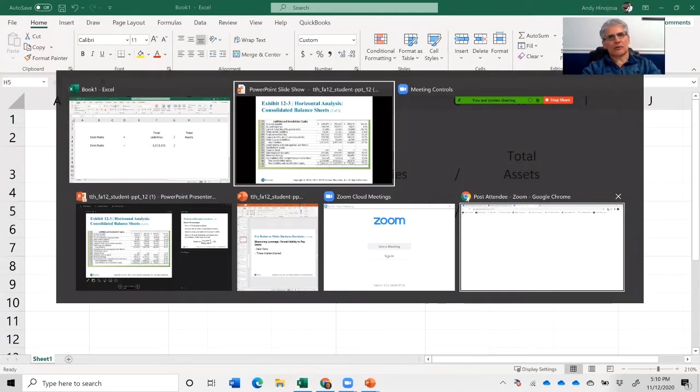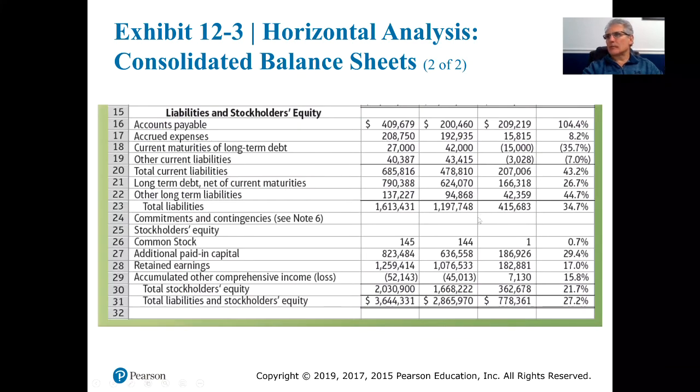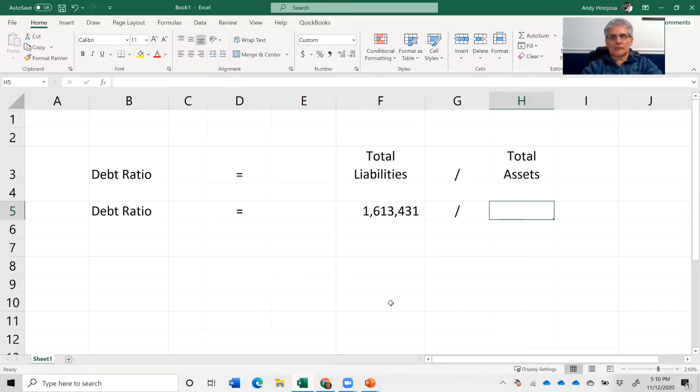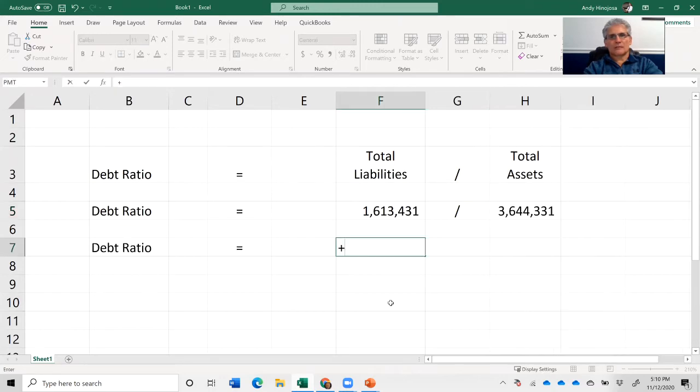We'll go back to our balance sheet, slide 11. Total assets is listed on row 14. So it's 3,644,331. So this is a pretty easy computation. We'll take total liabilities and we'll divide that by total assets. And it's usually represented in terms of a percentage, rounding to the nearest hundredths of a percent,